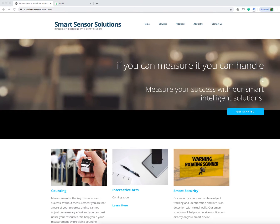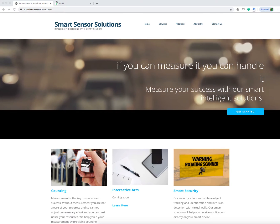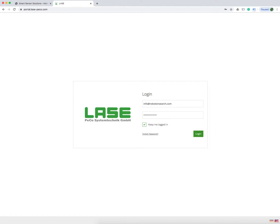For both indoor and outdoor counting, the data is shown in a user-friendly online portal, which is this over here. The URL is portallacepico.com, and every customer of our counting solution gets access to this portal. It is quite an in-depth information portal, and you can generate different custom reports with the data of passers-by and visitors. You can see live real-time data, see data during the course of the day, see historic data, and compare